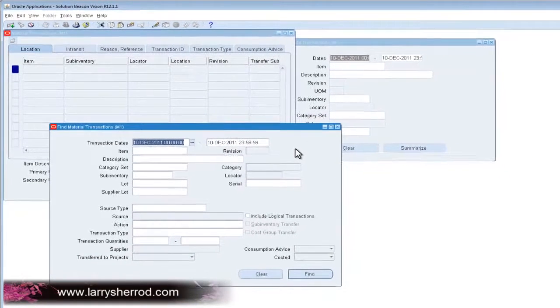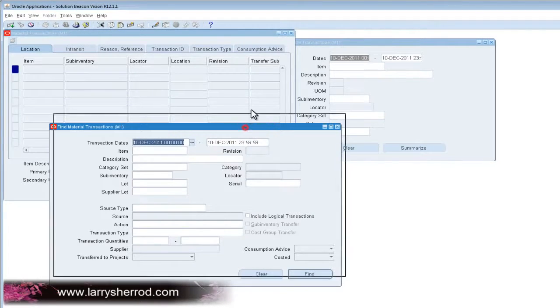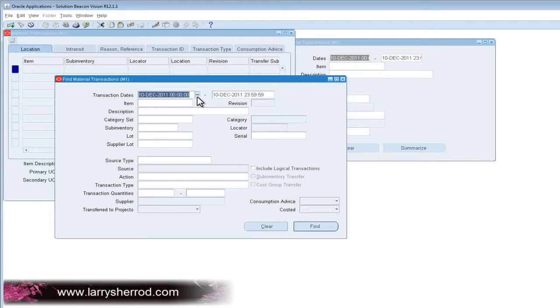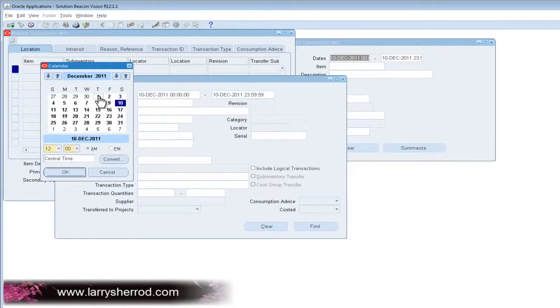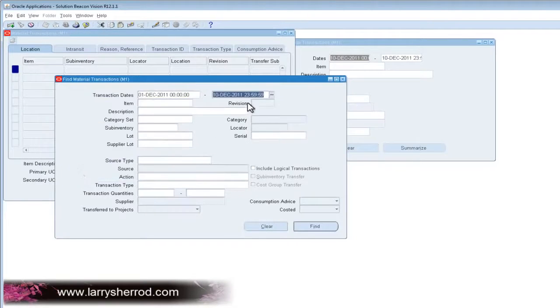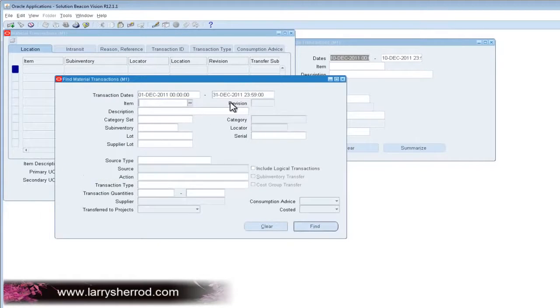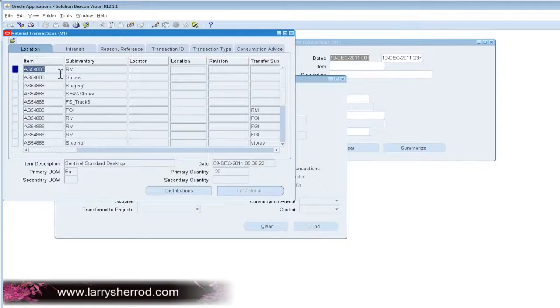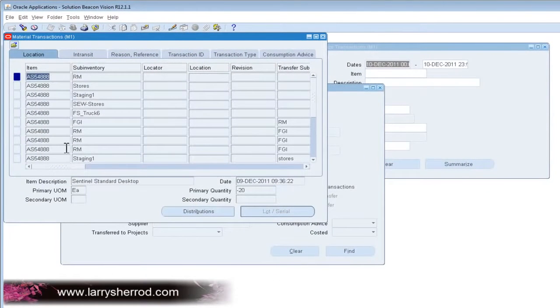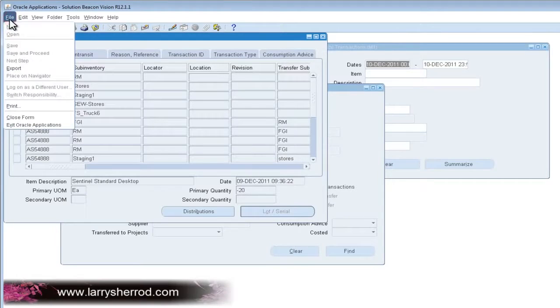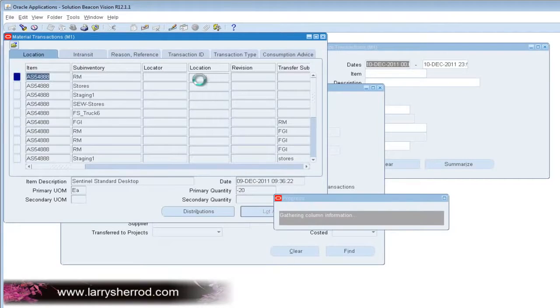I often get asked for transaction reports out of Oracle, and what I typically recommend is going to the material transactions form and putting in the specific information. Say for instance you wanted to find all the transactions that took place over a particular month of time. It's easy to select those dates, put in your item, and do a find, and then this shows you all the different transactions. And at this point I can do a file export,